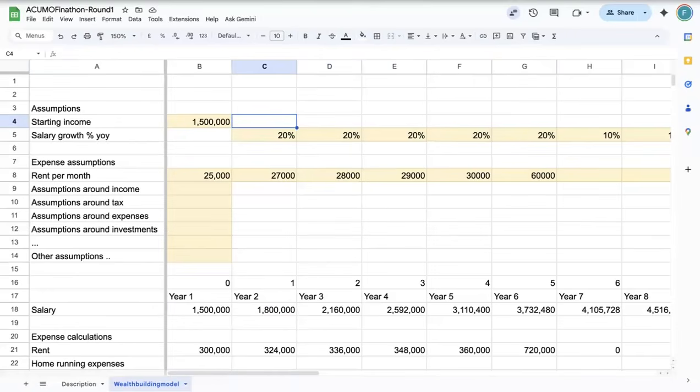That's a good point actually. So we should ideally expect there to be a description sheet which lays out your approach in terms of how you want to model the entire personal finance segment out.